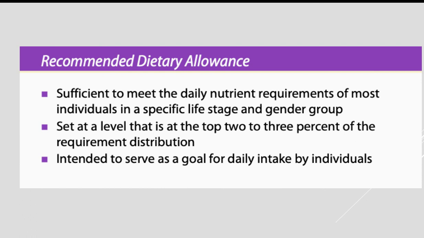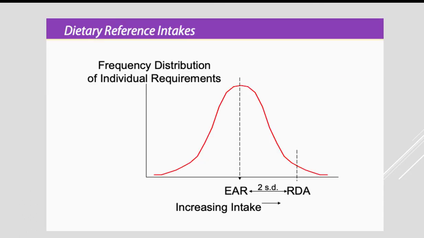What they found was the average intake being short for half the population was really not a good guideline. So they developed a recommended daily allowance, which included up to 98% of the population rather than just 50% of the population. What they did was they took the estimated average requirement, and you'll see, according to the bell curve there,